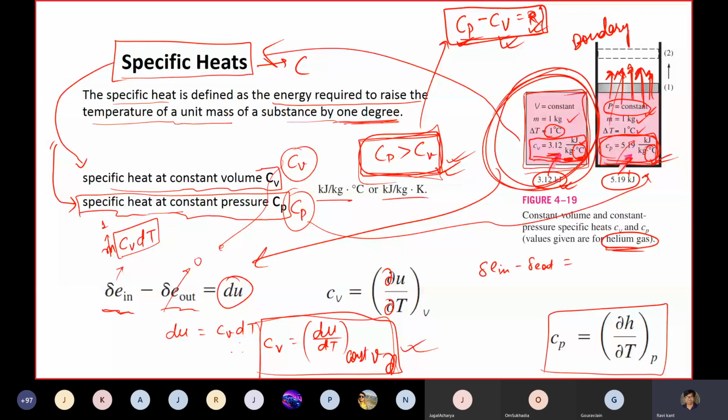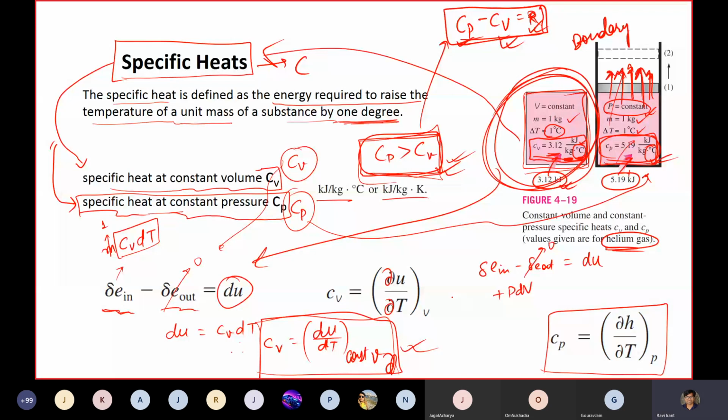Let's suppose nothing is coming out, but in is your internal energy. Right now the piston work is happening. So basically, I can write dU, plus PdV is happening, and now it is called CpdT is equal to dU.